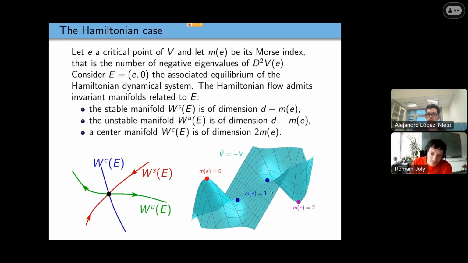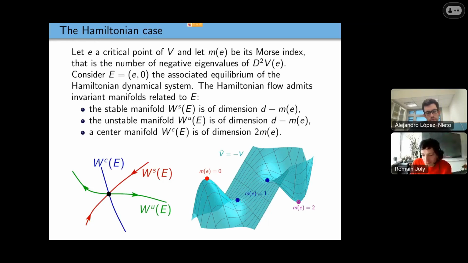In this case, where I have Morse index 1, I have a one-dimensional space of solutions which are repelled by the equilibrium. So you just push the ball and they follow this valley here. Okay, but I also have a center manifold. So what does the center manifold look like? The center manifold actually is the kind of solutions which are just like periodic solutions, just rolling like this on this curve. Okay, so they always stay close to the equilibrium point, neither repelled nor attracted by your equilibrium point, and that's what is called the center manifold.